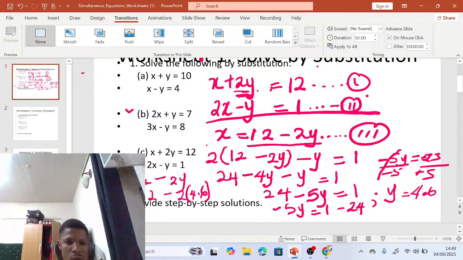So we have 12 minus 9.2, which will be 2.8. So this is 2.8 and x is this. So this is the way to solve or find the value of